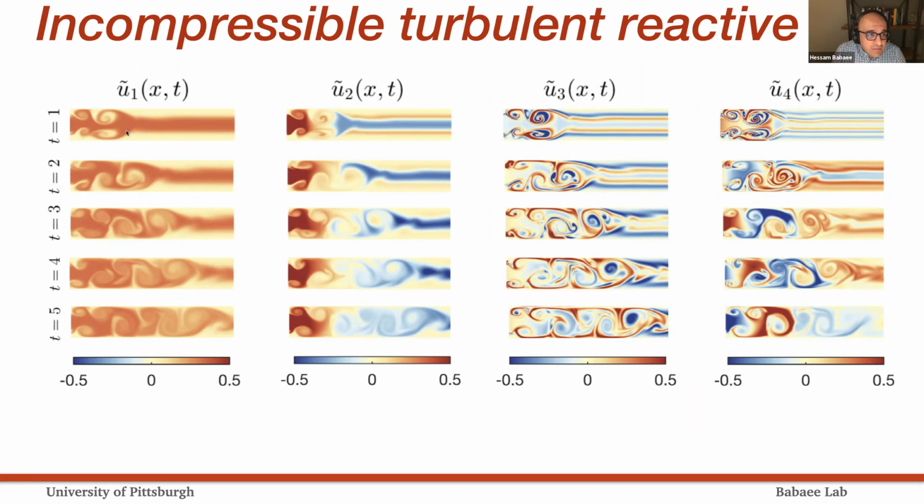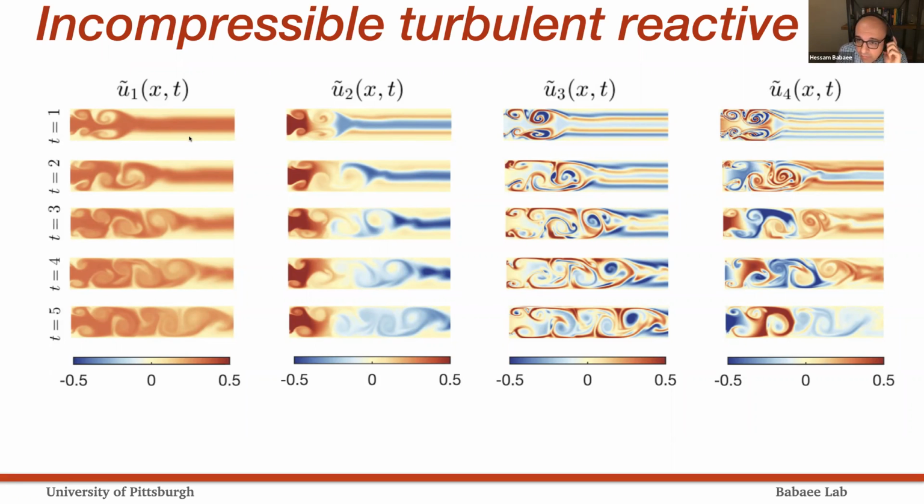Again, as you can see, the first mode captures the largest scale structures, and as you go to the second mode, third mode, and fourth mode, they capture finer and finer structure. The other thing to notice here is that this is a jet going from left to right. As the jet evolves, the modes are also evolving with that jet. So the jet goes forward and the modes are evolving with it and covering it.